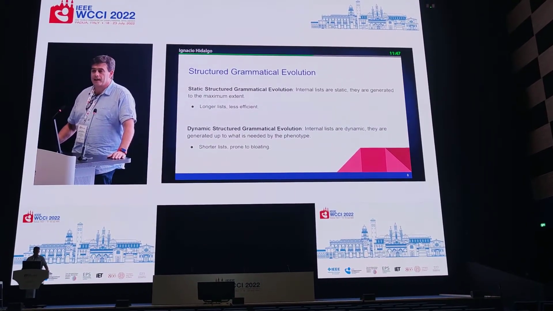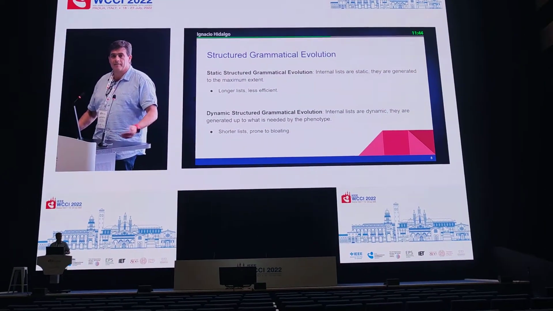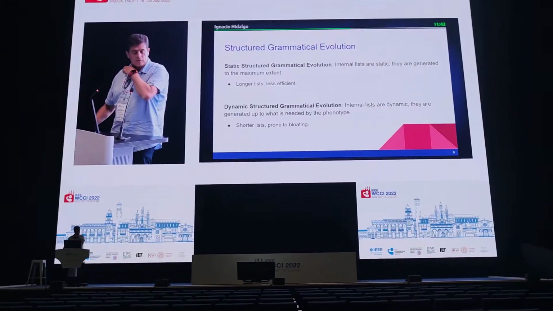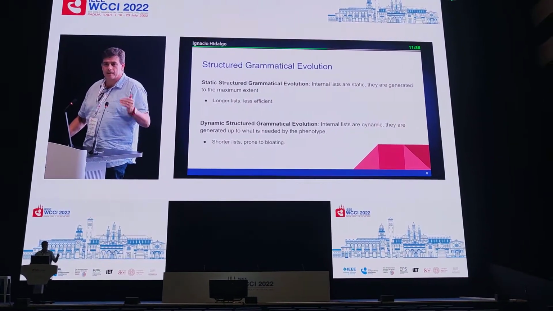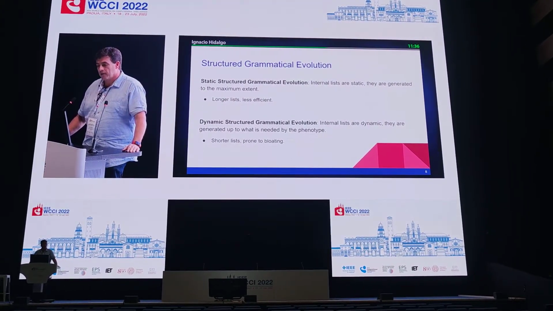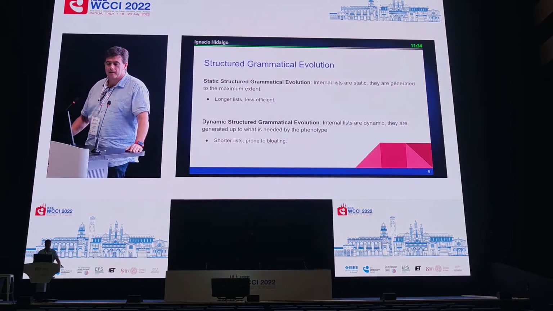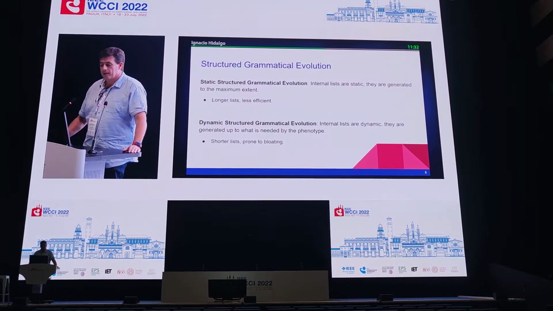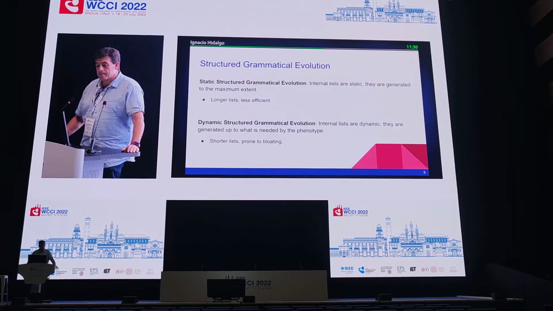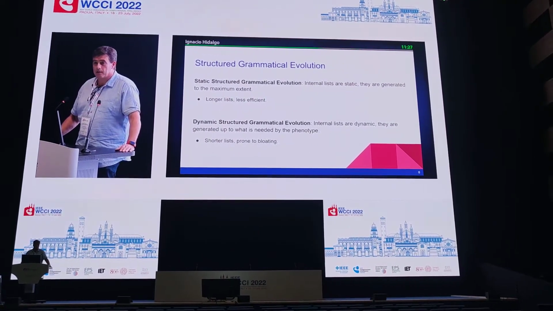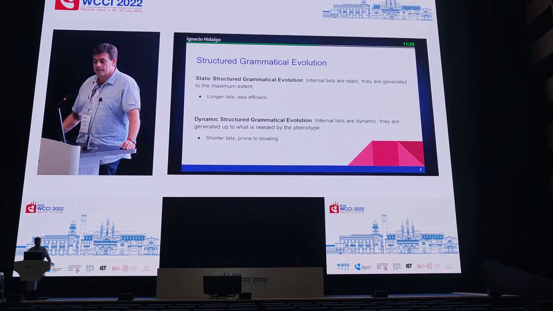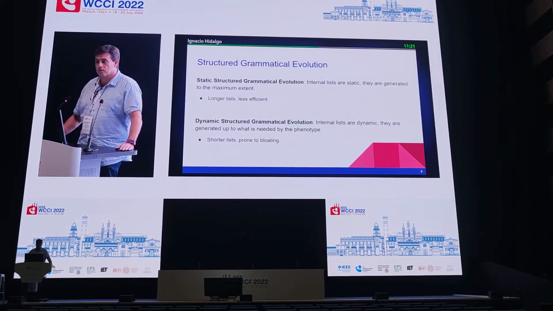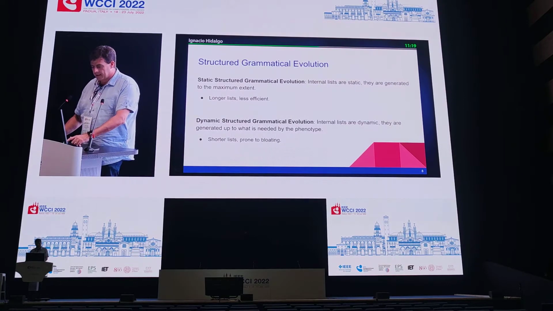In the case of dynamic, those lists are dynamically generated through the evolutionary process, depending on the step and the number of terminals that are waiting for the coding. As in genetic programming, the problem with dynamic is that it's prone to bloating,